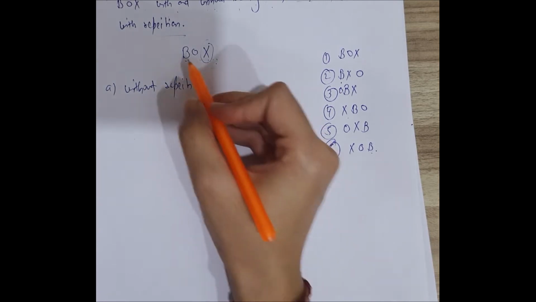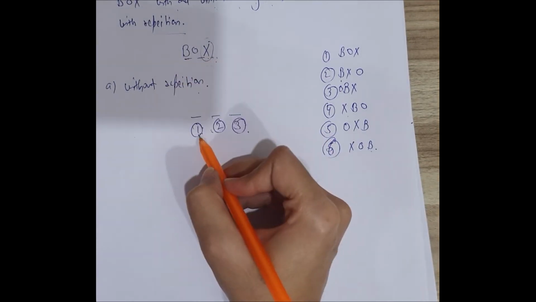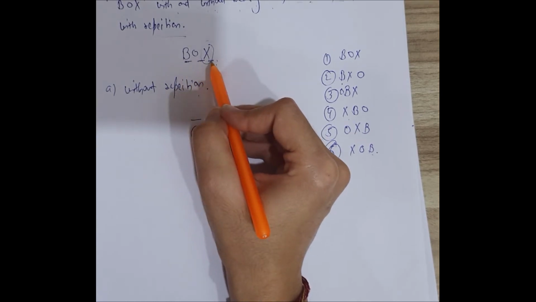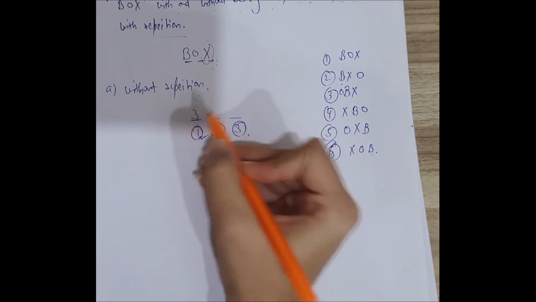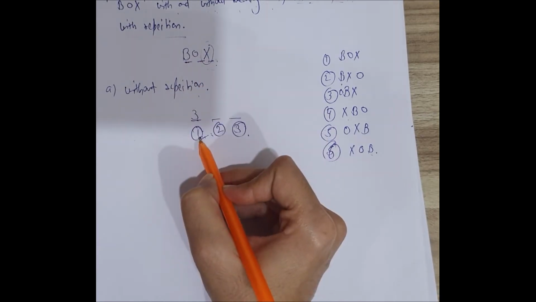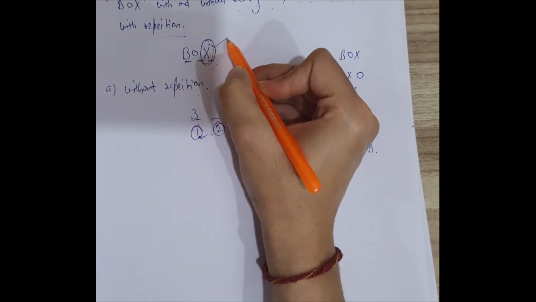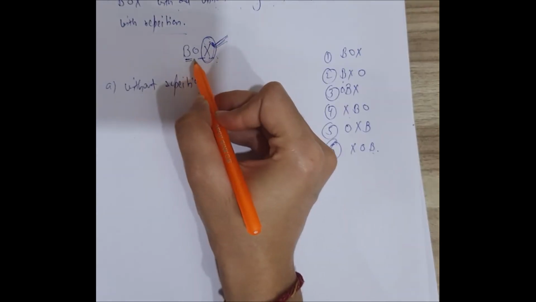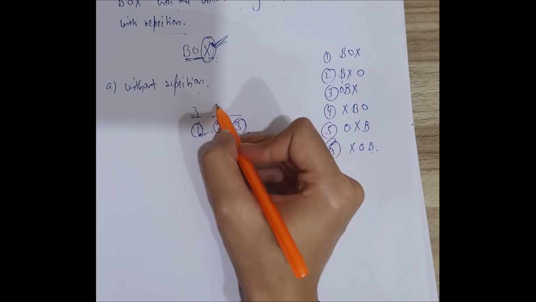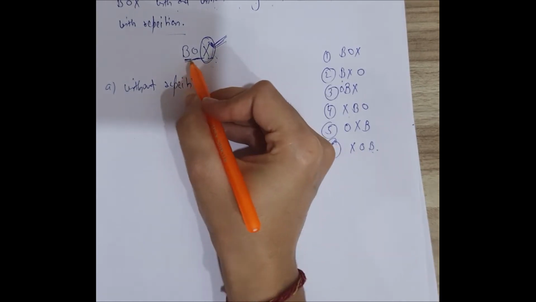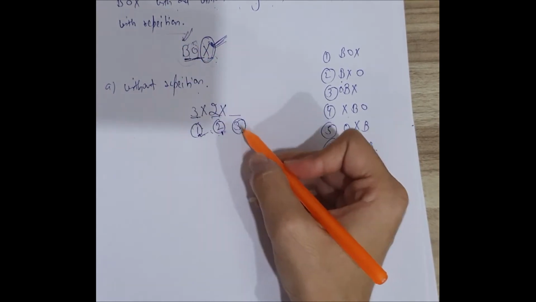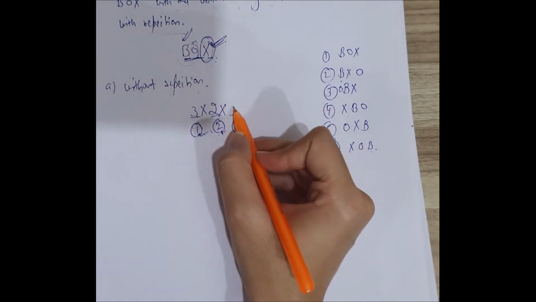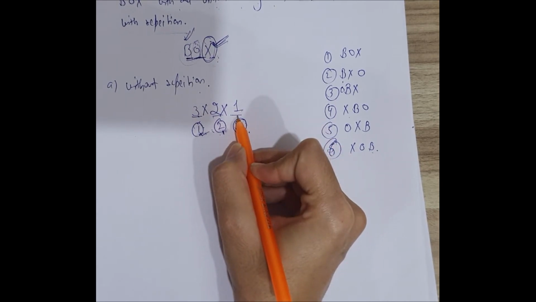In case of the first letter, we can use any one of these letters. Here, 3 possibilities can be there. In the first case, suppose we use this letter X, then in case of the second letter, we can't use this X. Only 2 cases are left, so here into 2. If we use this letter B, then we are left with only 1 letter. So here only 1 possibility can be there.